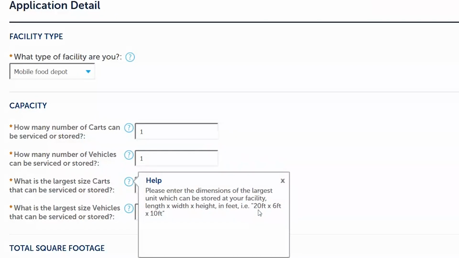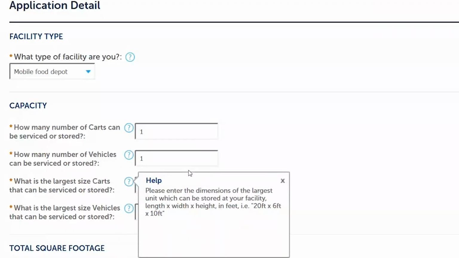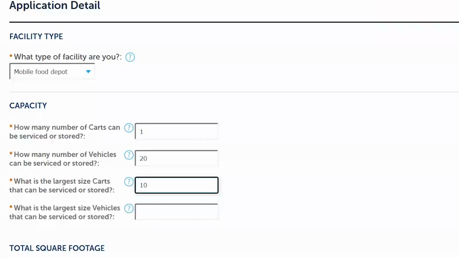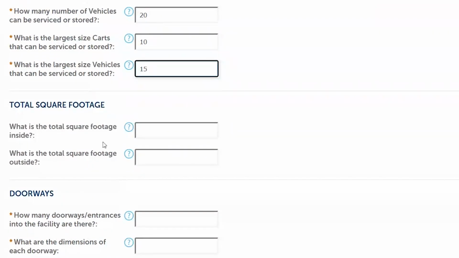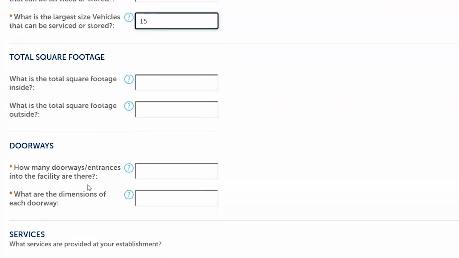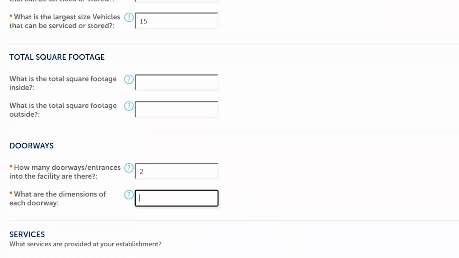What is the largest size car served or stored? Take an approximation of the size here based on feet. For example, 20 by 6 feet by 10 feet. What is the largest size vehicle that can be served or stored? That's 10 feet, 15. And this question, you don't necessarily have to answer. But this question refers to doorways. How many doorway entrances into this facility are there? Whether it's two or one. What are the dimensions of each? You can enter the format with width times height. For example,